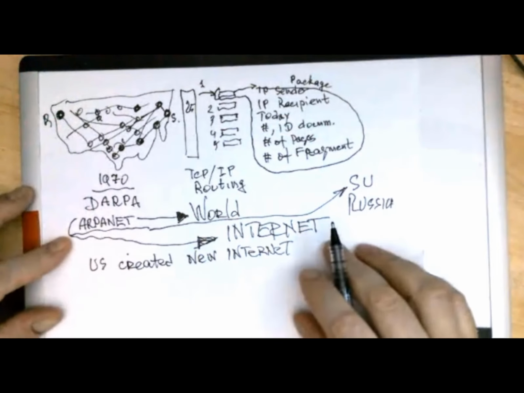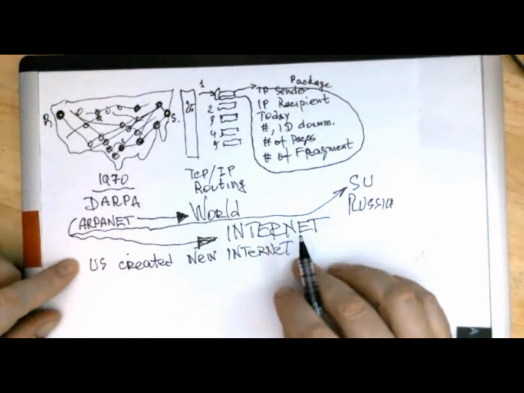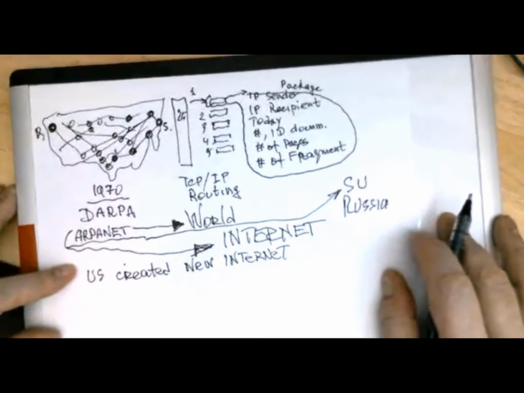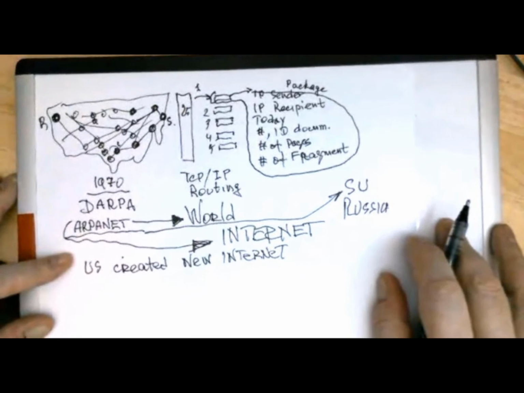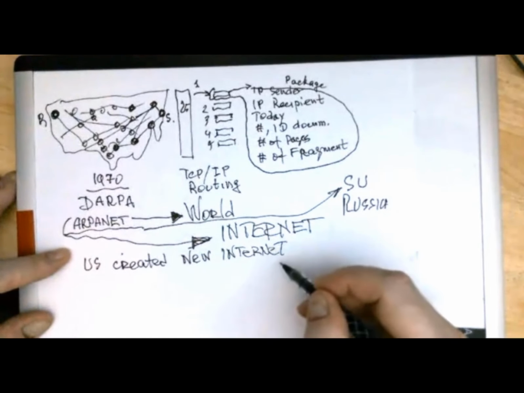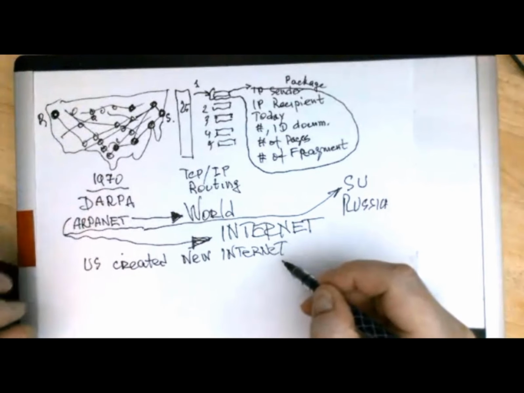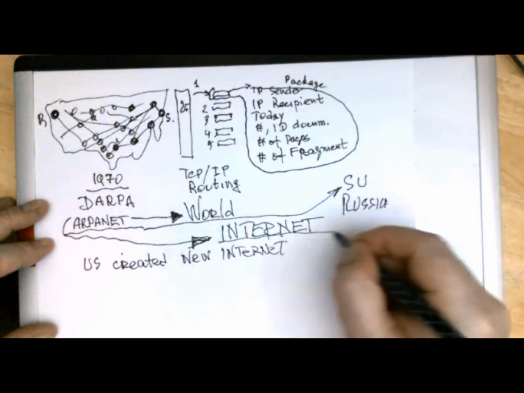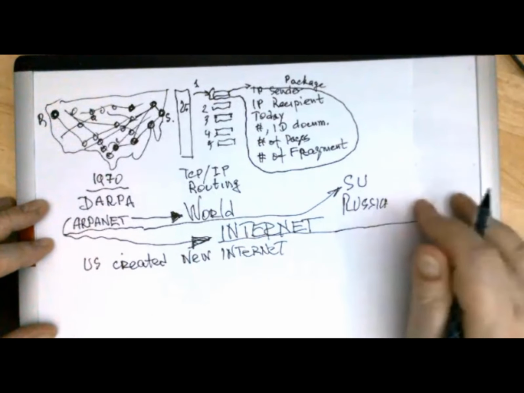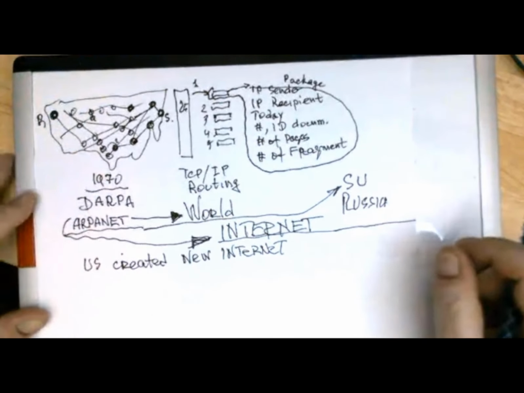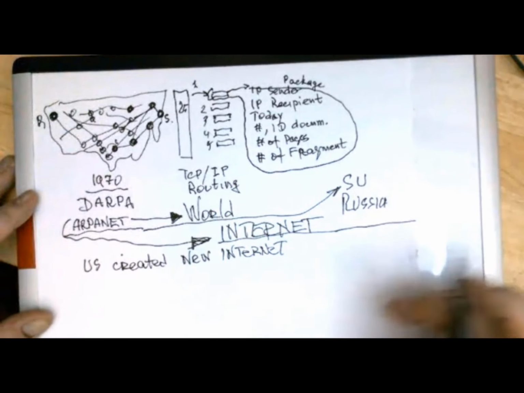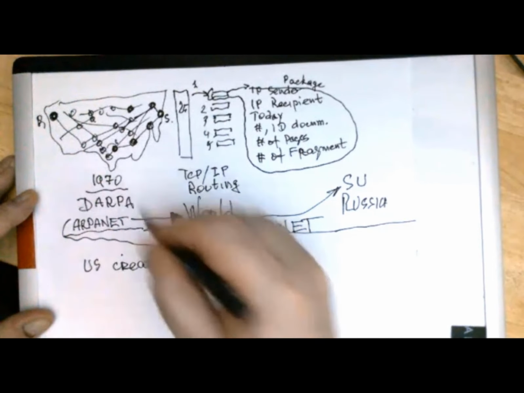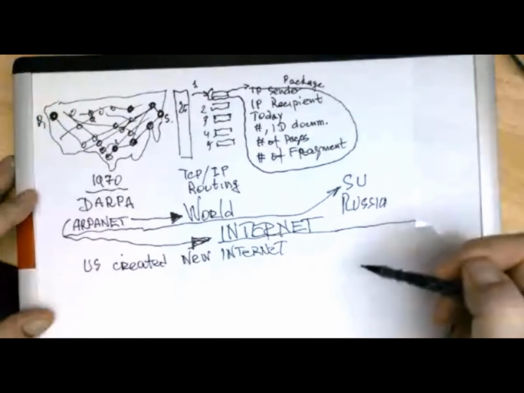But it's in use. Military systems use it, and our ships, our divisions, our squadrons, and everything else communicate using this new internet communication. But the old internet is what the world uses now, and we all use it. Now, question: how can we find ourselves on this specific diagram?